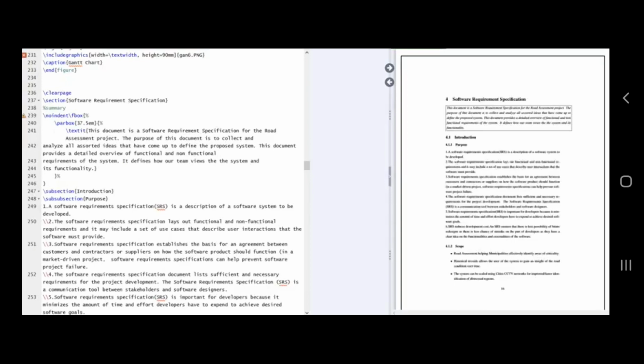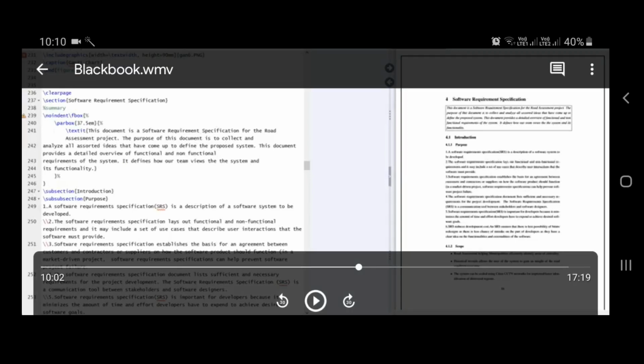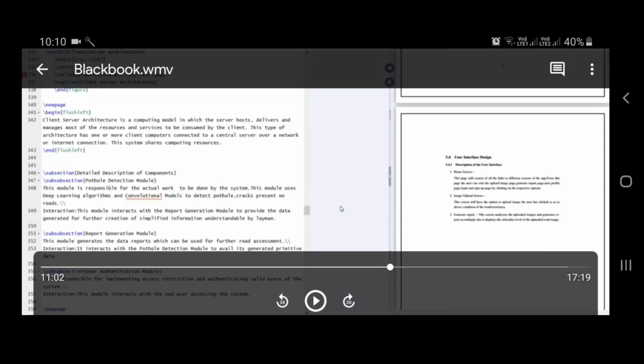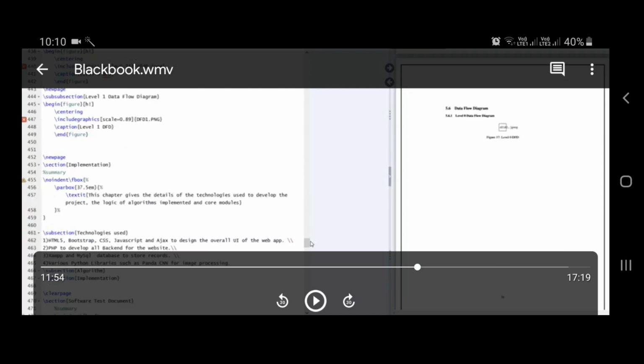That box is made. Okay, and then this is subsection. As you know, we need subsection. It is like 1.1, and then 1.1.1. And if someone is interested, try it. This is also a so good thing that you can make subsections as per your choice, whatever you want to make. Okay, so now let's move ahead and see if there is any important thing remaining to explain in the document.